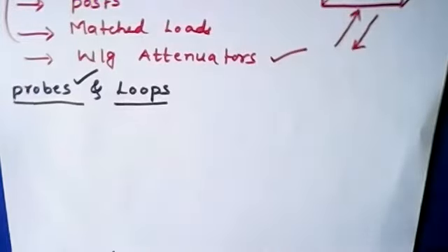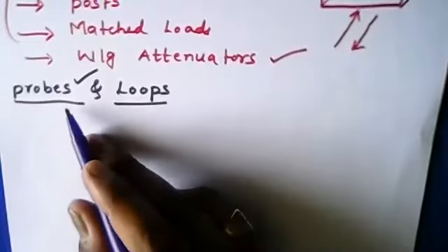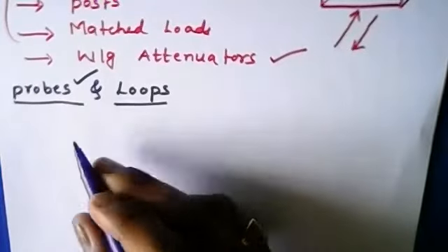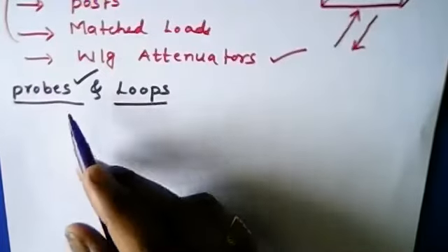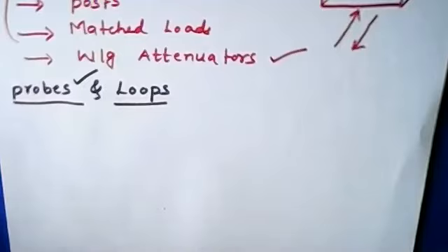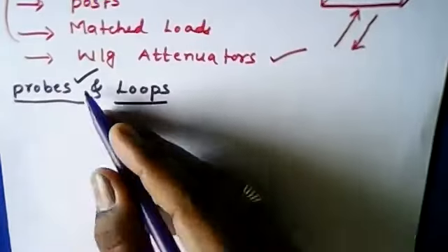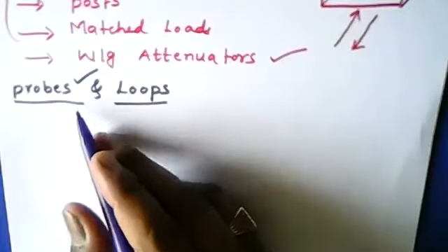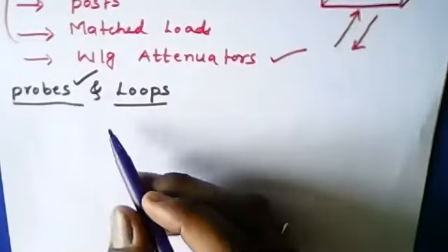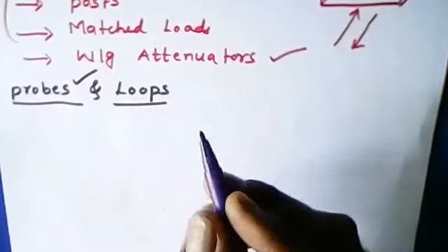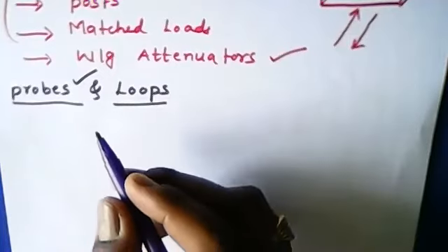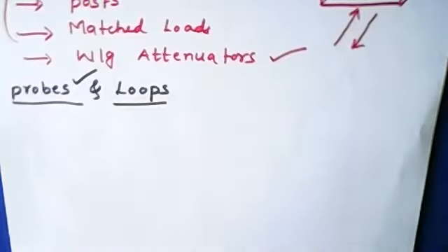Now, first, let us see how the probe is constructed and where it is inserted. At the initial stage, we have to see how it is helpful to transmit the signals and how it is able to receive the signals. Okay, so that we are going to discuss in detail. Coming to the case of probes, we know that it looks like a normal coaxial cable, and it is nothing but a normal coaxial cable.